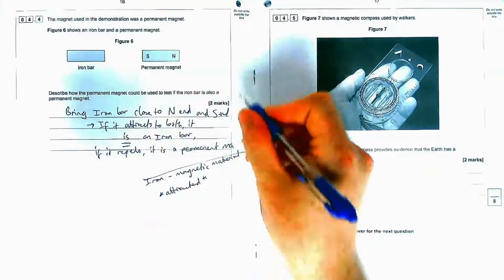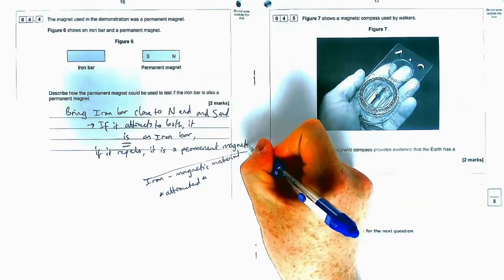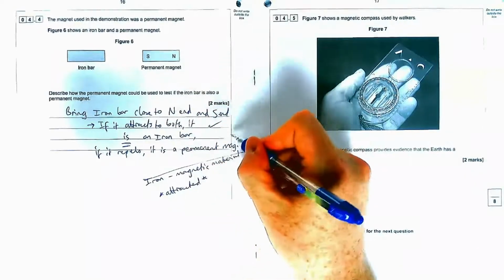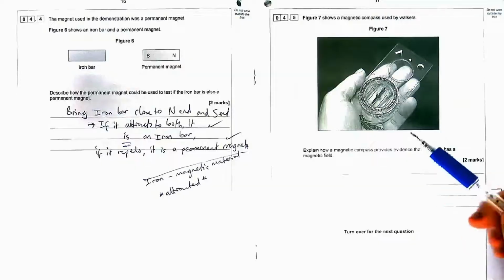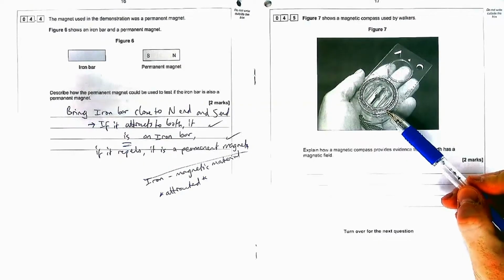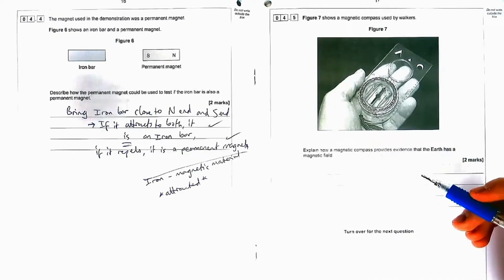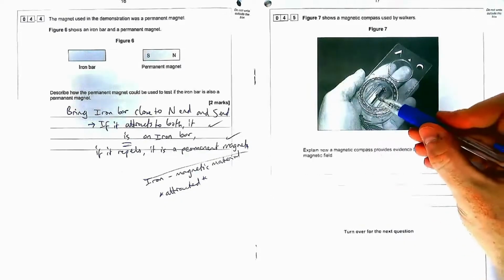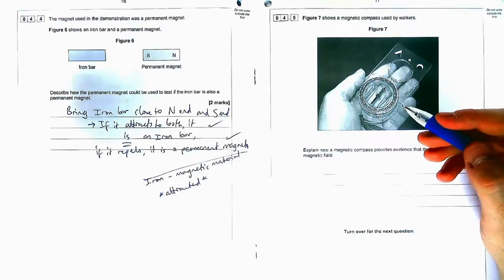We talk about compasses. The question shows you a plotting compass like you use on Duke of Edinburgh or something like that. It says explain how a magnetic compass provides evidence the Earth has a magnetic field. Now, inside a compass, the reason why it moves depending on where you are, points towards north, is because there is essentially a tiny little magnet inside the compass needle. So what we'd say is that the compass or the compass needle